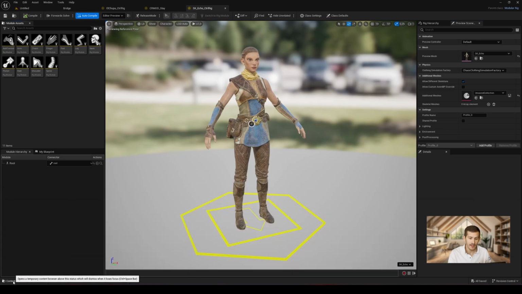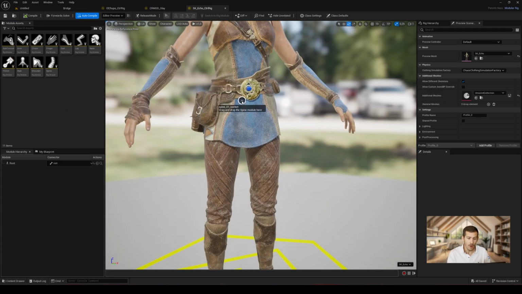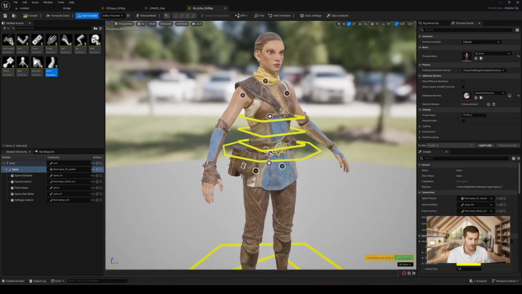Since we created it directly via the skeletal mesh in question, the base module, which is the root one here, has already been set up. No need to do more here. The next steps are quite simple, as all you need to do is hover over the automatically detected sockets created by Unreal to understand the next steps. Here, the spine socket is available and explicitly tells us what to do. So let's drag and drop our spine module onto it.